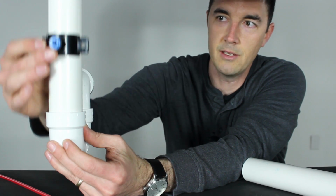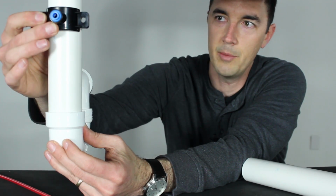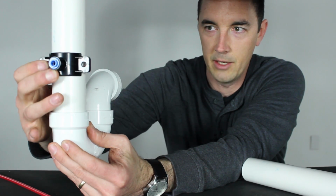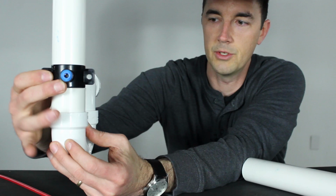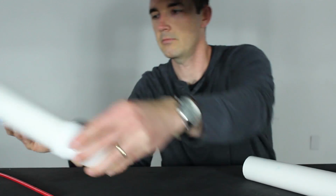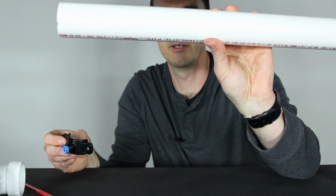The closer you get to the trap, the louder or the quieter it may operate. If you have it up here and you have water that's trickling through that line, then you can maybe hear it running down your drain. So you may want to put it down a little bit closer to the actual bottom of the drain itself, okay? If you have this style, if you're going to be able to use a cross piece, then the way you do this is